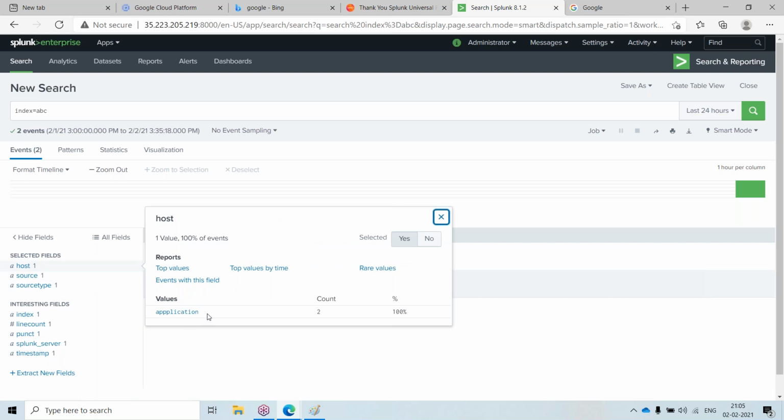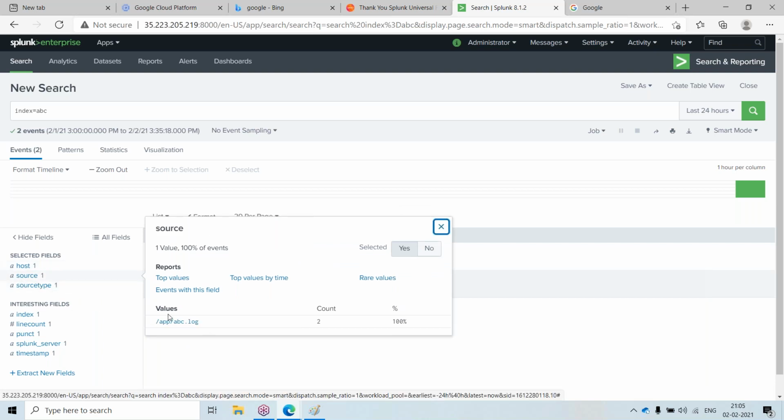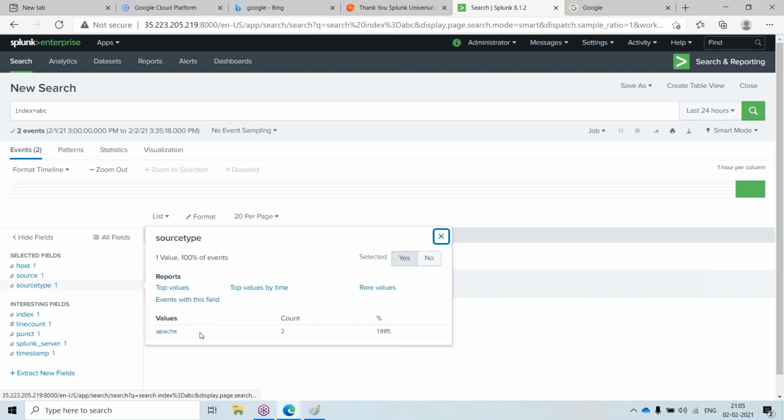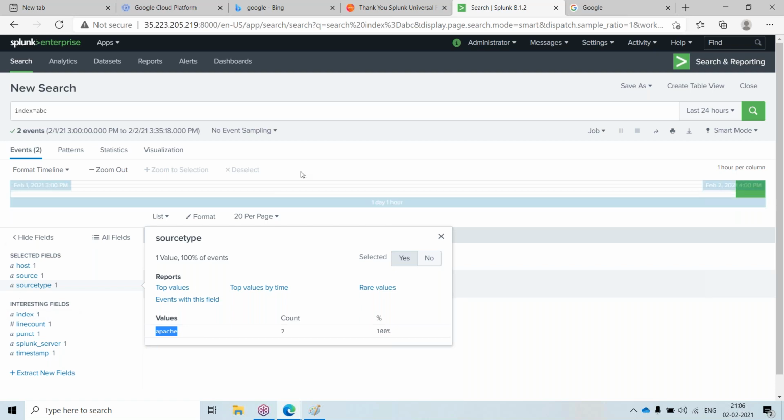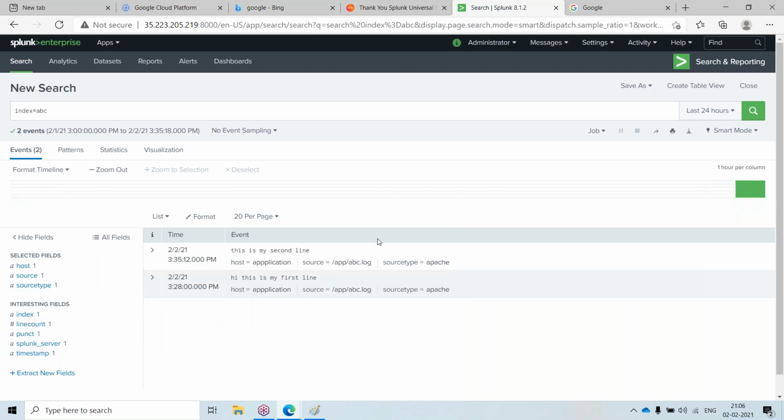Host is the host name from which the request came, source is the log name, and source type is the type of log it is, like Tomcat or MySQL or Oracle log, or a JSON file. Now I am able to send the logs here.